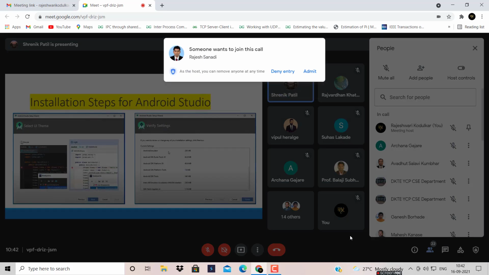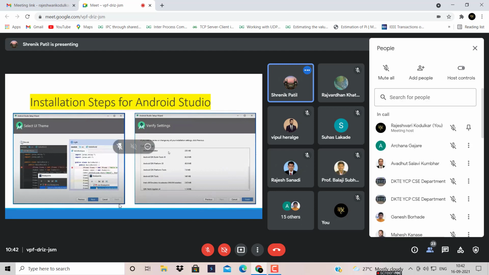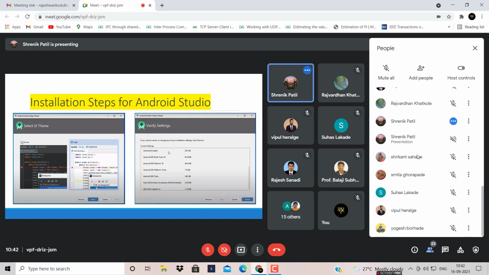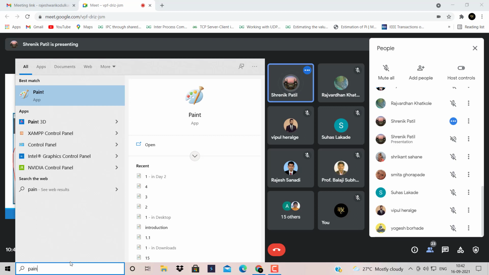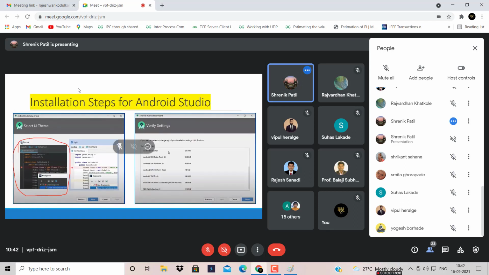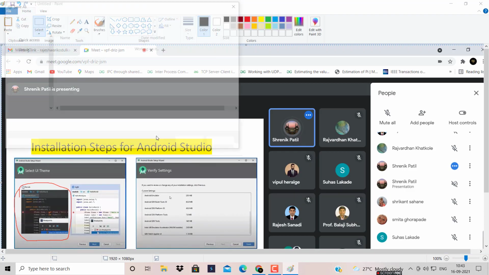Now when you click on next, it asks you what type of theme you want. There are two themes present. The first one is light and the second one is dark. The background color is always black. Just like in our mobile, we have night mode, the dark mode. The same thing we have in this case. So we choose the light one. And once you click on next,